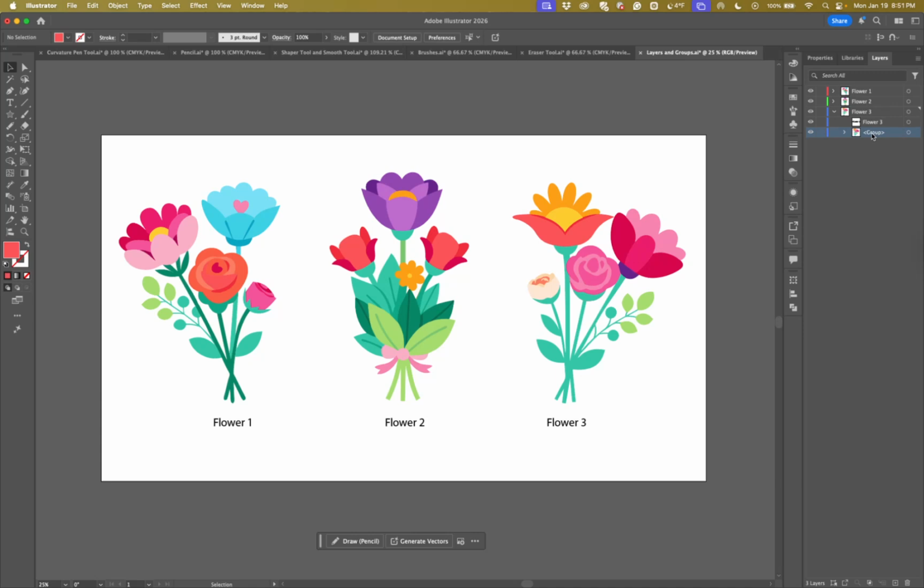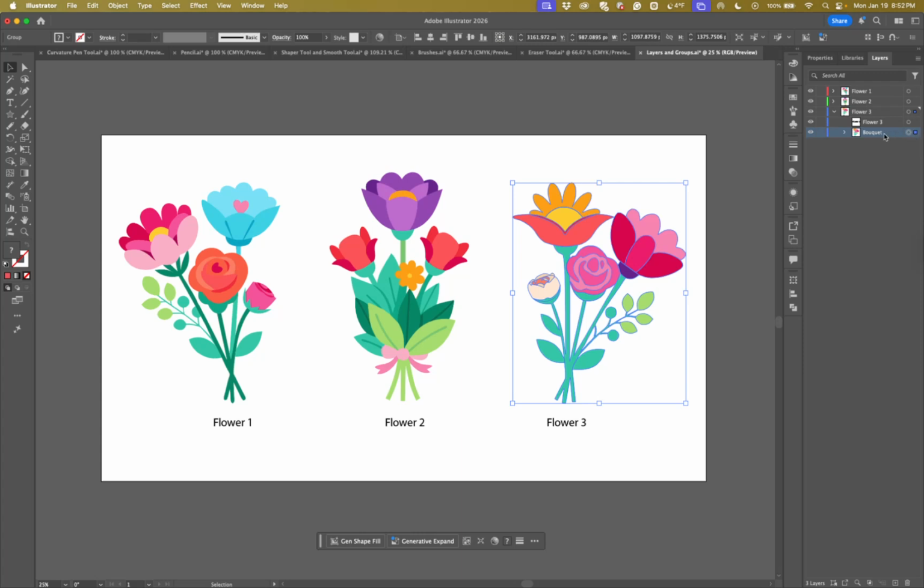Now, when you have a group, you should name your group so it's not just "group." So I can go ahead and double click on this where the title is, and I can type in a name for this. Say that I want to take this bouquet and I actually want to move it into flowers 2. An easy way to do that is if you come over here and you click on